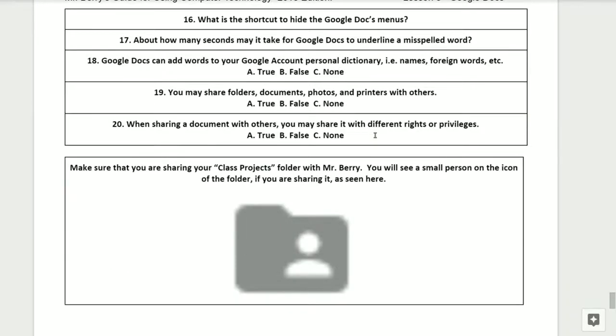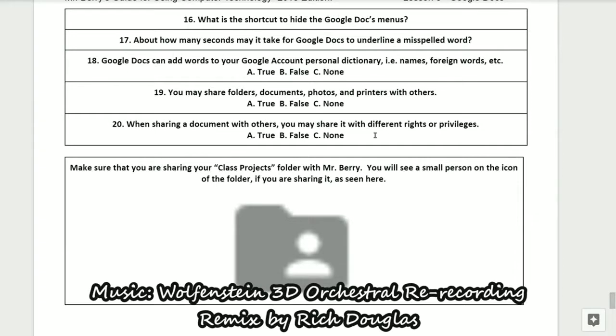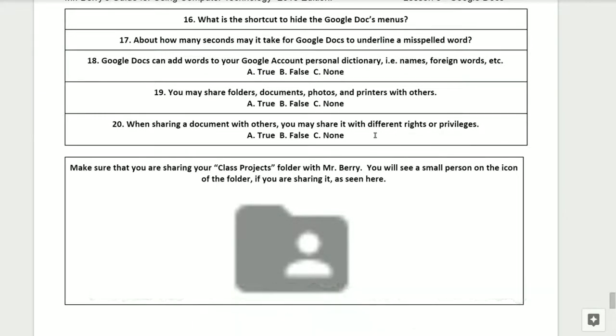Question number 16. What is the shortcut to hide the Google Docs menus? Number 17.